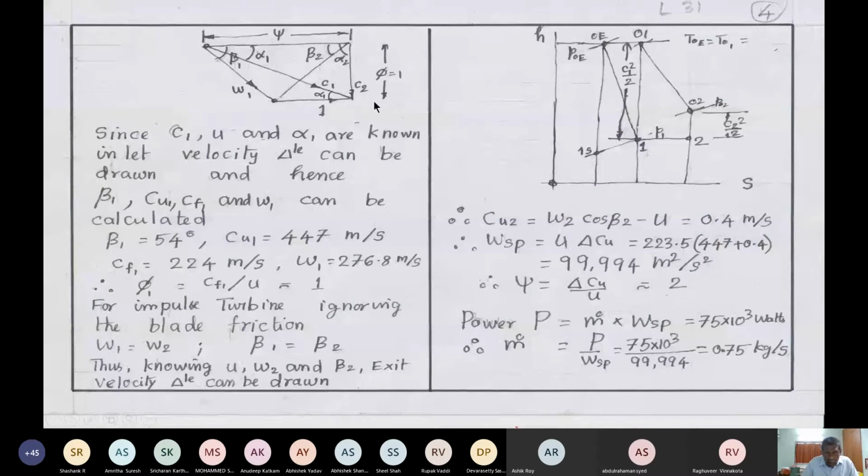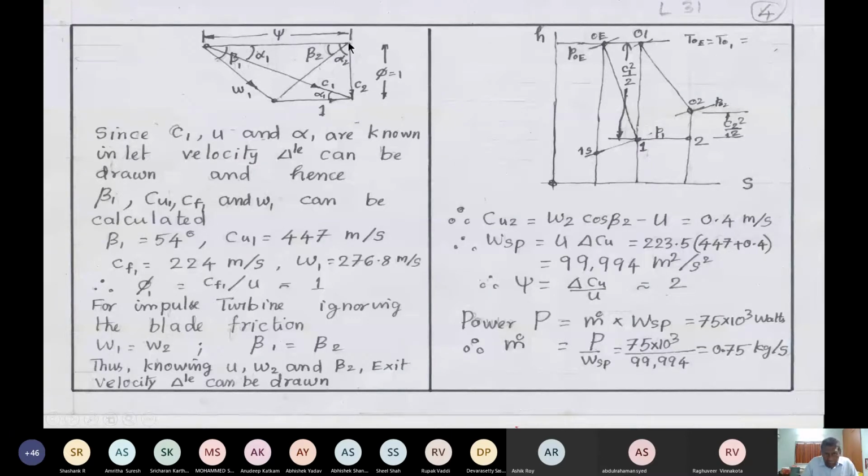So now you can guess what this optimum means. When C2 is in the axial direction, it doesn't have any whirl component. That means for that particular flow rate combination, this is the minimum C2 value, or the kinetic energy associated with that, which is actually the carryover kinetic energy, that is minimum. So you have an inlet kinetic energy half C1 square, and your exit is only half C2 square. So when C2 is minimum, that is the optimum condition.